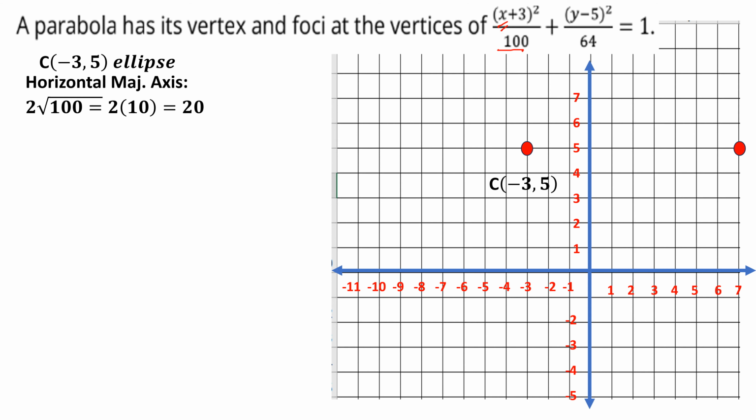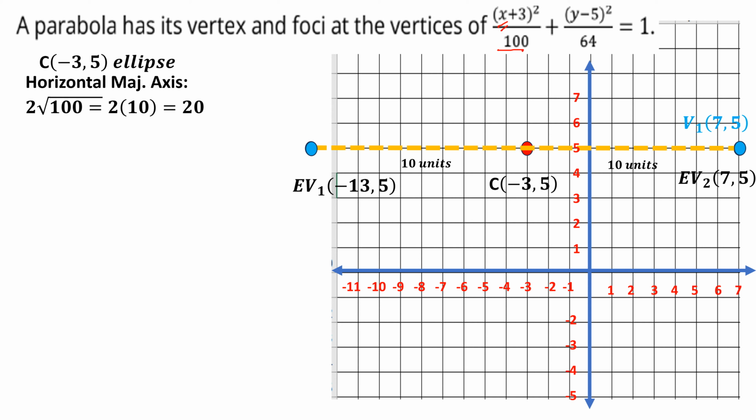So therefore, that will be counting 10 units going left and 10 units going right. And there we have negative 13 and 7 as ellipse vertex 1 and ellipse vertex 2. So we are done having the horizontal major axis of the ellipse. So what is our next move? That means 10 units, left and right. So the next there is,